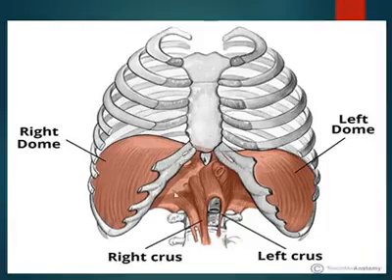It has right and left dome. Right dome extends up to the upper border of the 5th rib and the left dome extends up to the lower border of the 5th rib. Diaphragm is innervated by phrenic nerve as well as lower 6 intercostal nerves. Diaphragm has different functions such as muscle of inspiration, muscle of abdominal straining, weightlifting muscle as well as thoraco-abdominal pump.